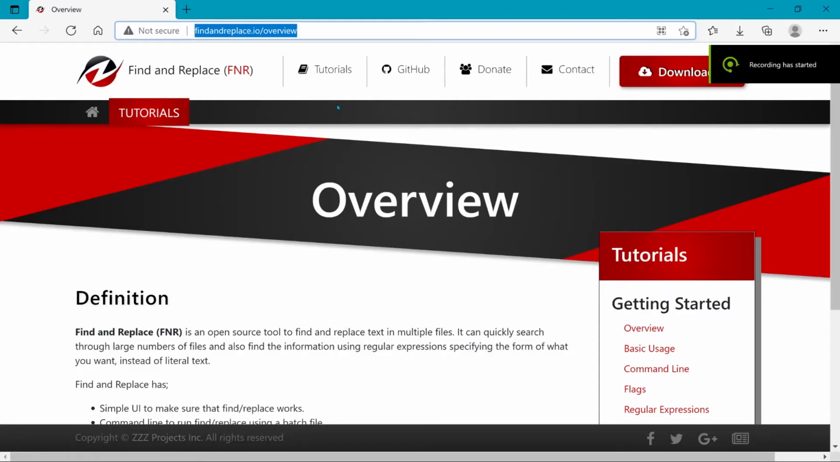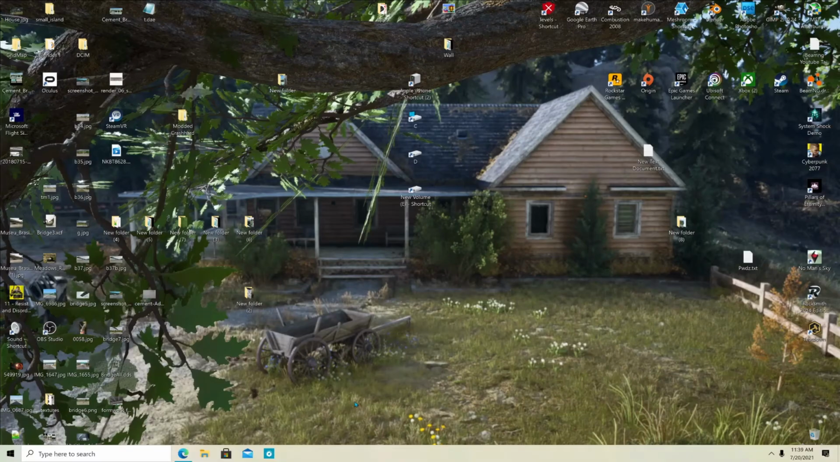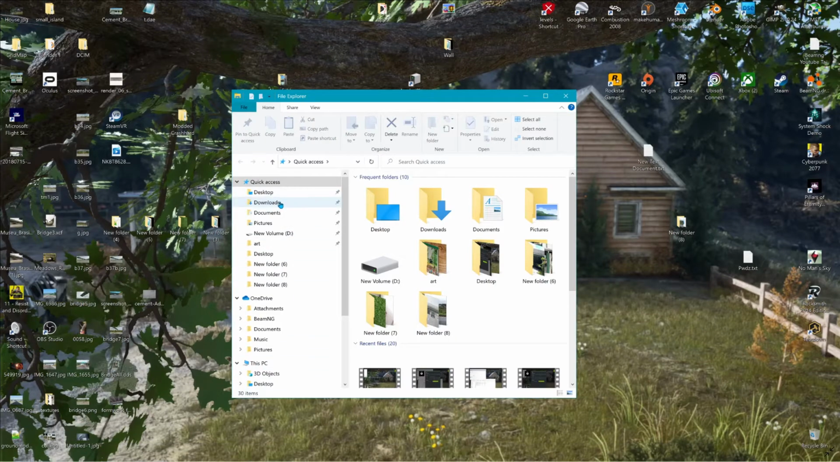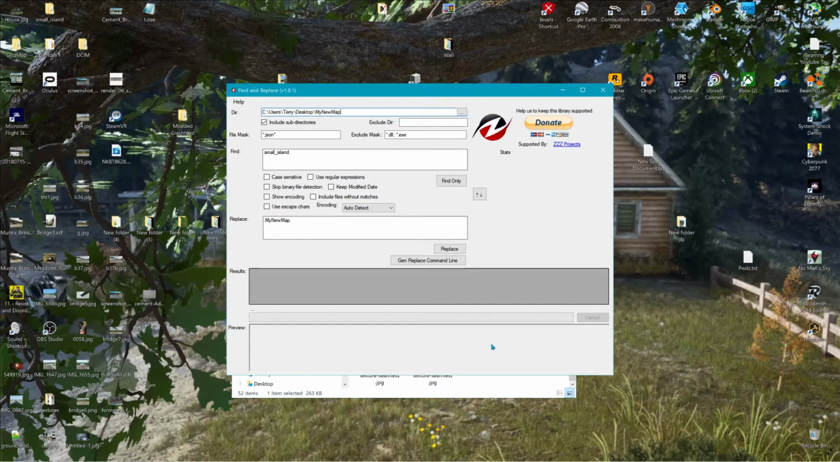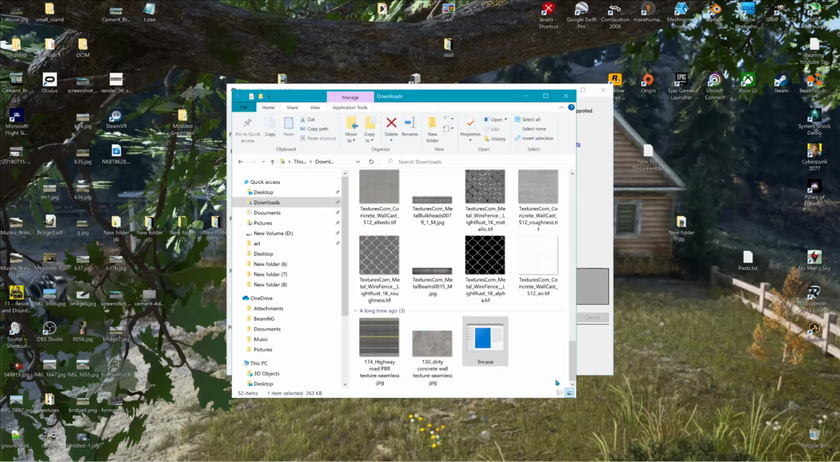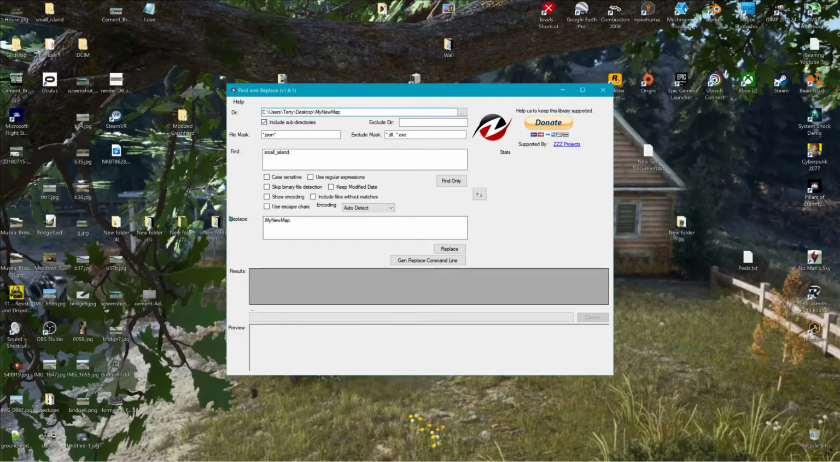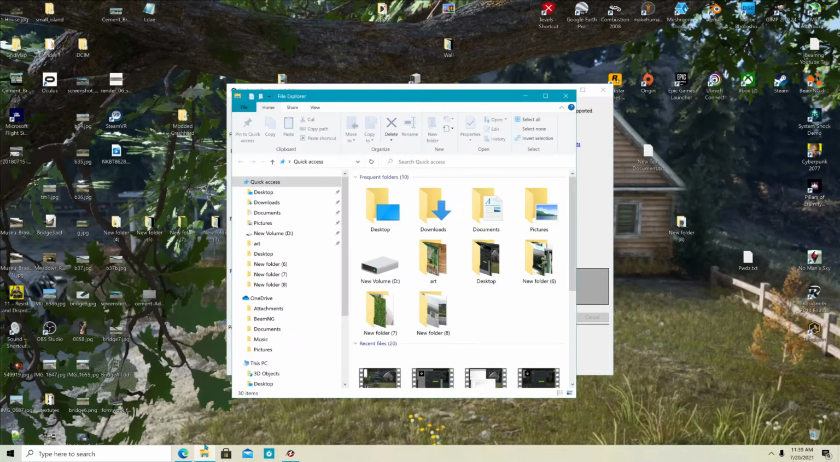Alright, so we're going to make our own level. You're going to need this program, Find and Replace. Once you get this program, download it as a small file. Go ahead and open it up. And the next thing is navigate to